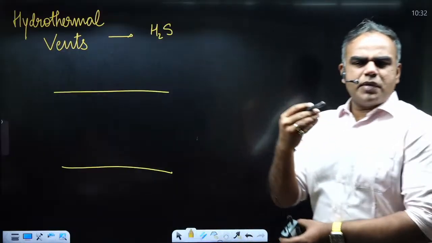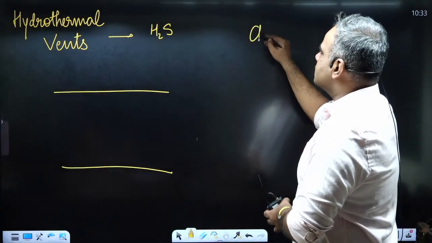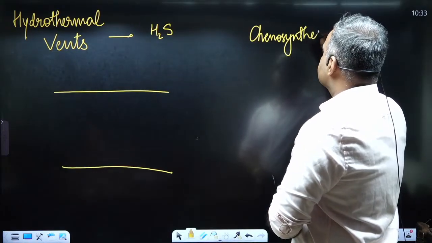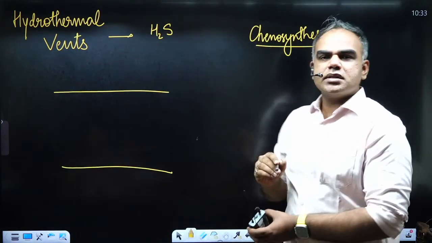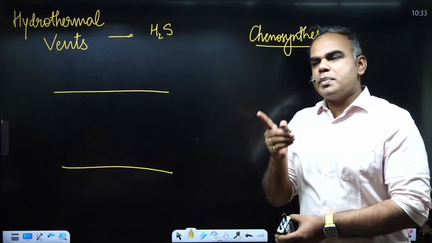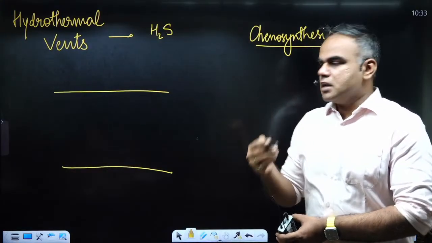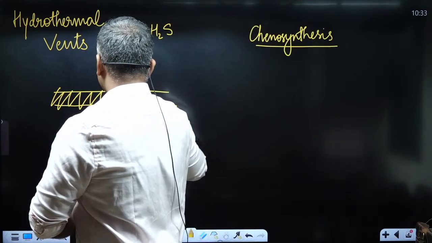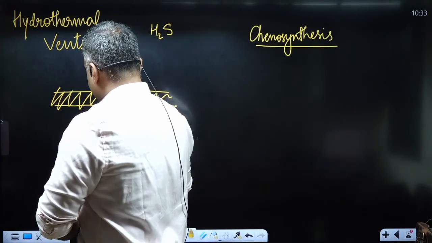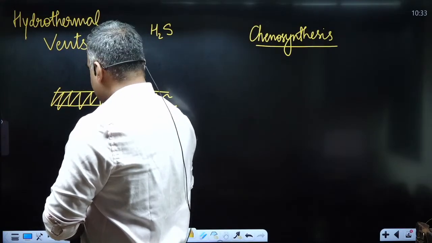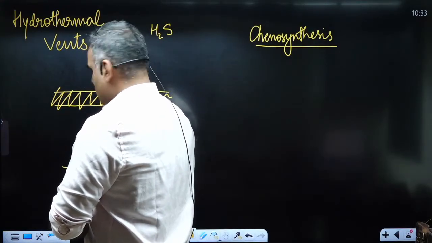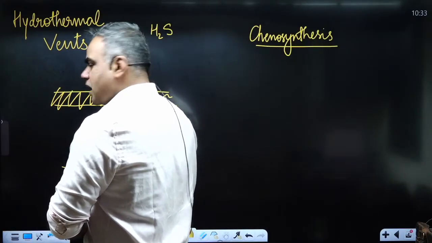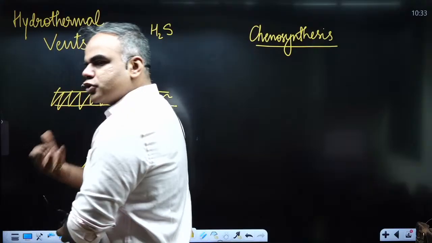Remember, a couple of classes before, I told you a term known as chemosynthesis. Normally, what happens is photosynthesis, where light is present. But light is present only in the top layers of an ocean body. What about very deep down inside? Here you can have certain hydrothermal vents which release H2S. This can be used by organisms, broken down into sulfur, and that is also how they get the